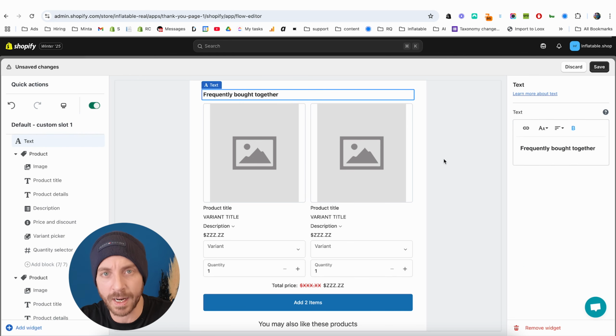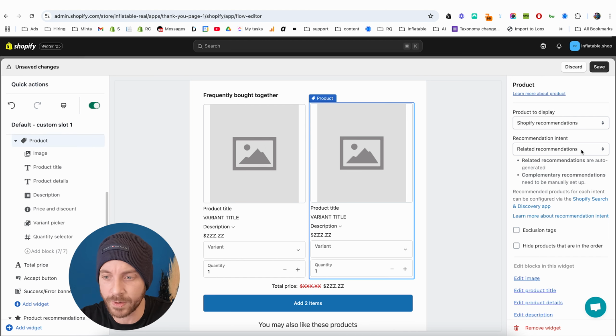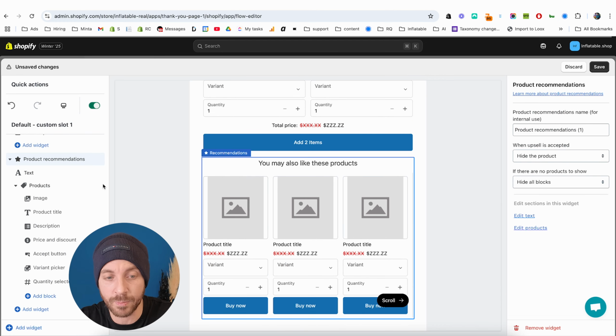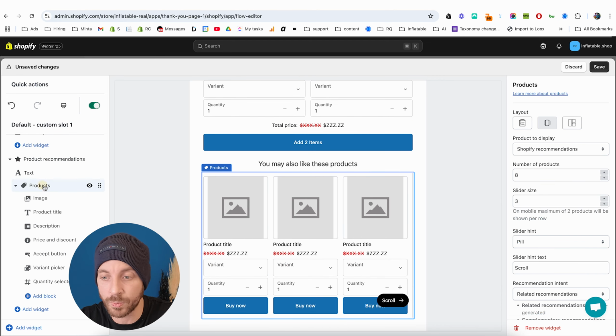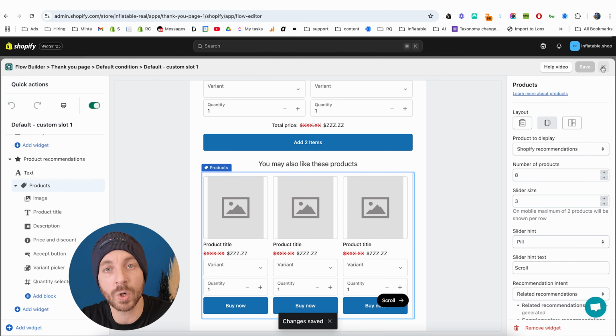That's fine. If you want to add a discount, you can do that with ReConvert, no problem. For the second product, again, let's just set it up also to complementary products, so we have 2 products in this bundle. And then for the product recommendations, I'm just going to head over to products, and in here I'm just going to keep it in Shopify recommendations. So I'm going to hit save,